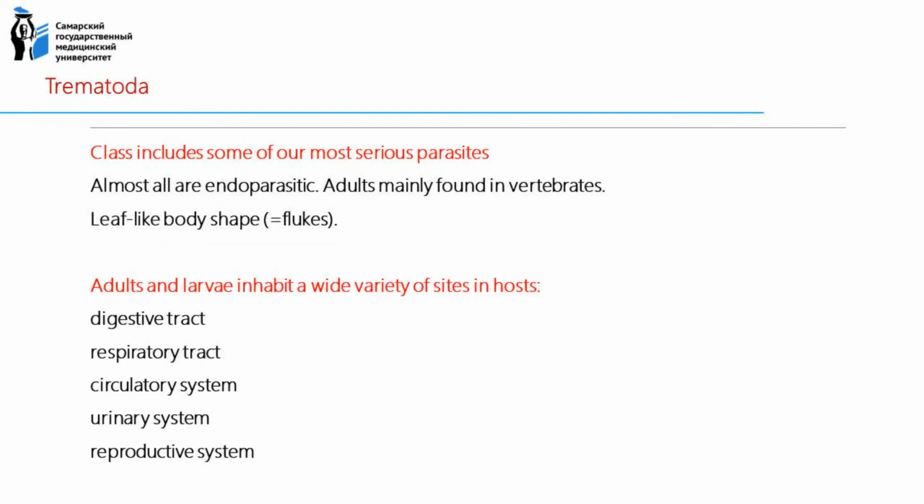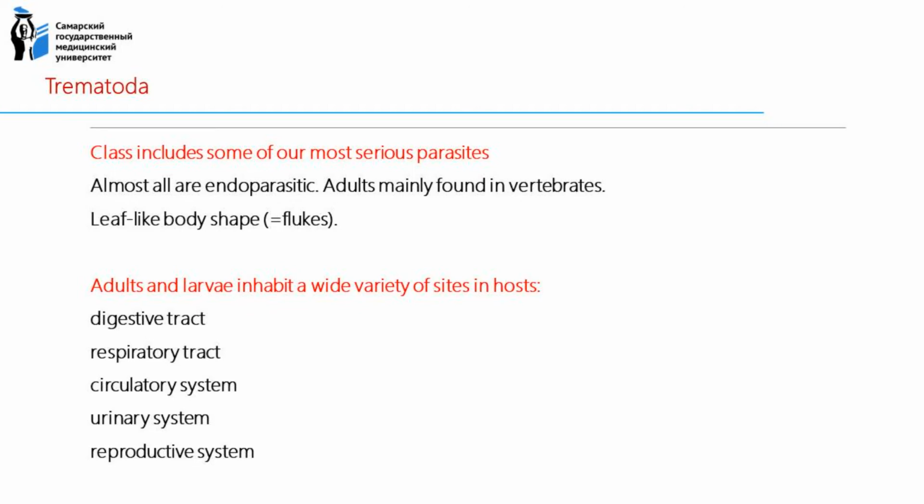Trematoda. The class includes some of the most serious parasites. Almost all are endoparasitic. Adults are mainly found in vertebrates. They have a leaf-like body shape. They have two suckers for attachment, one around the mouth and the other farther down on the body. Adults and larvae inhabit a wide variety of sites in hosts, so the digestive tract, respiratory tract, circulatory system, urinary system,